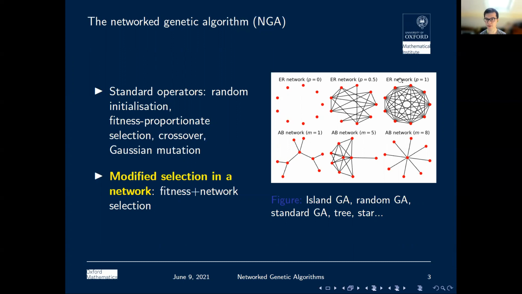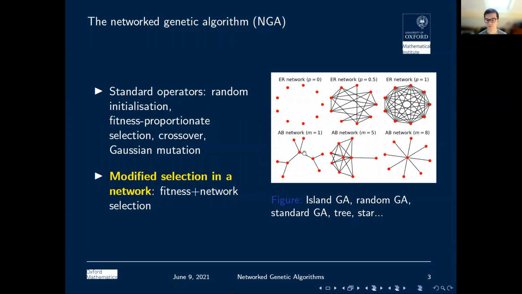In the standard GA, consider this, you select two individuals based on fitness, and this selection is independent, and you have these two individuals, and you're very happy with it. If you introduce the idea of networks into the selection method, you will essentially constrain mating in this population. To give you an example, let's assume that we are in this network, so the Albert-Barabasi network with a preferential attachment parameter m of 1. We just adjust the strength of the preferential attachment mechanism.